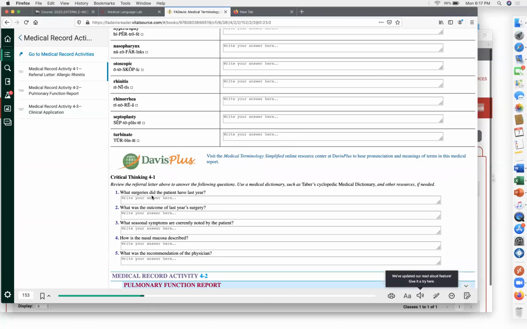So for example, what surgeries did my patient have? What was the outcome of last year's surgery? What seasonal symptoms are currently noted by the patient? You now will have actual questions that will be asked of you in real life when they're talking about a case. Because I can tell you right now with all certainty,